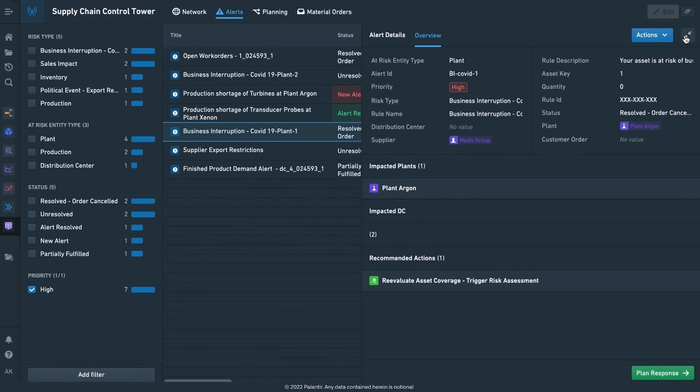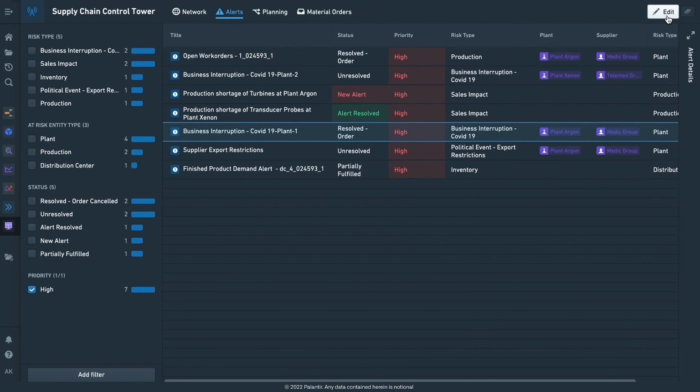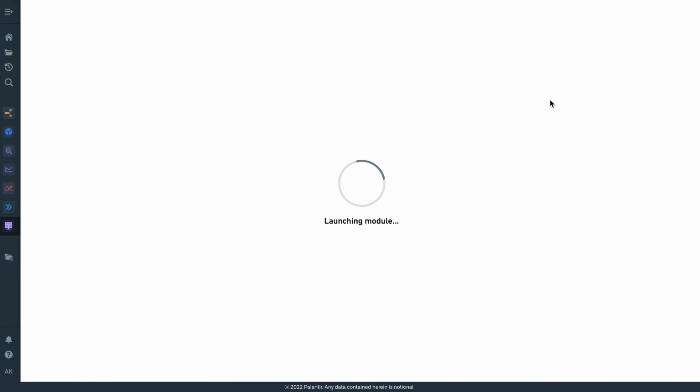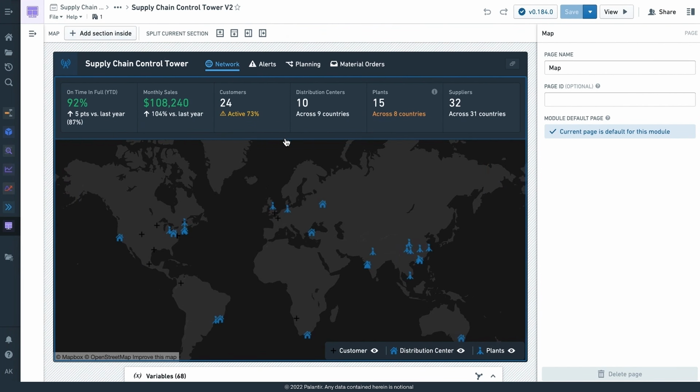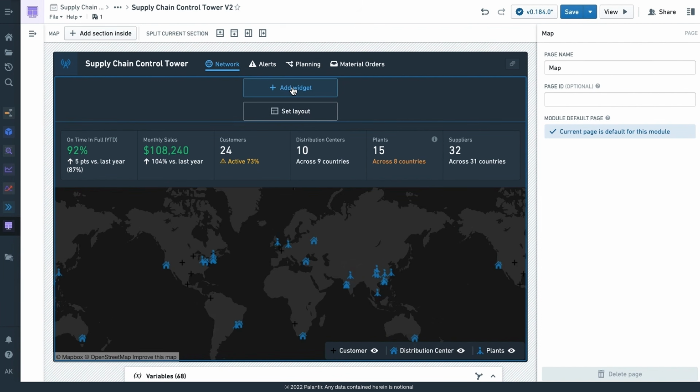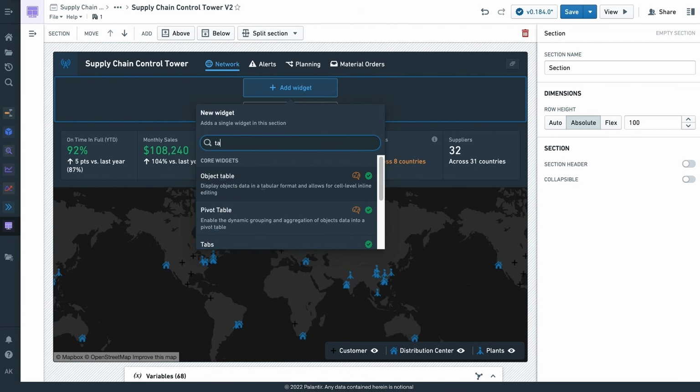So, we've alluded to this, but what this means for the application builder is that even though the applications we've been looking at in this supply chain control tower example look very custom, it's actually all built using a low-code application builder, in this case a no-code application builder. And if I want to add something to the top, for instance, it's very simple to point and click my way into adding a new widget in this view.